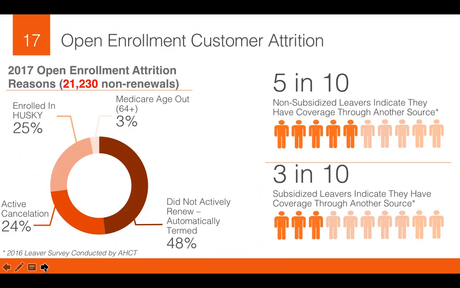So at this point, many are probably wondering, what about the 21,000 customers who didn't renew? Slide 17 breaks out the reasons for this population not renewing, with about 1/4 of them having transitioned over to a Husky plan. About 3% are 64 years or older, which we attribute to them aging out into Medicare. 24% are actively canceling their coverage, and about 48% of them had coverage expired on a date that is related